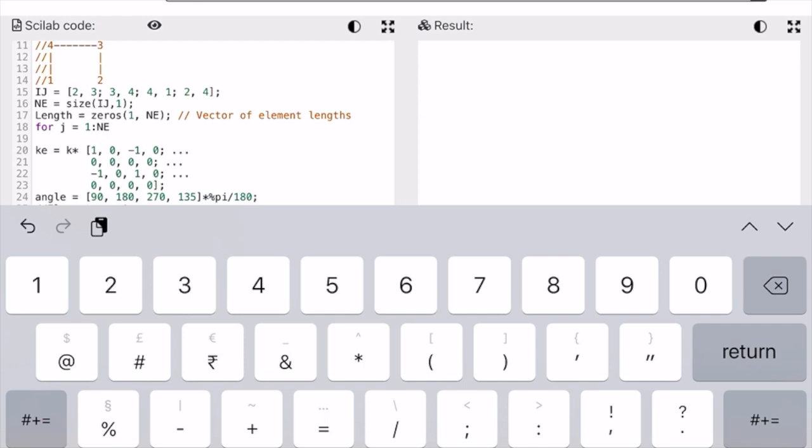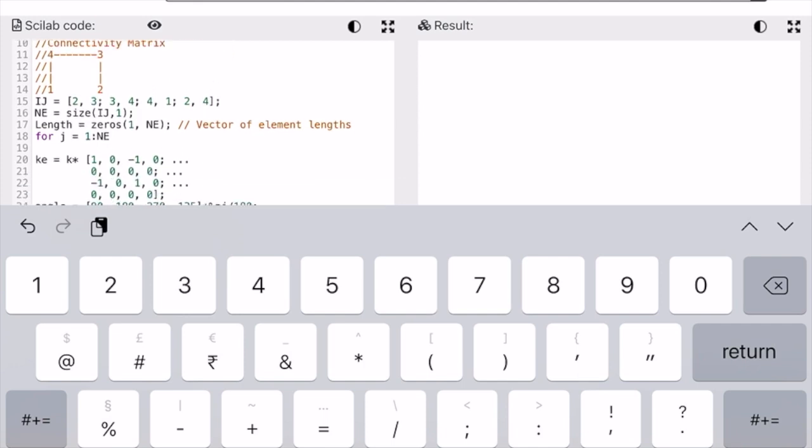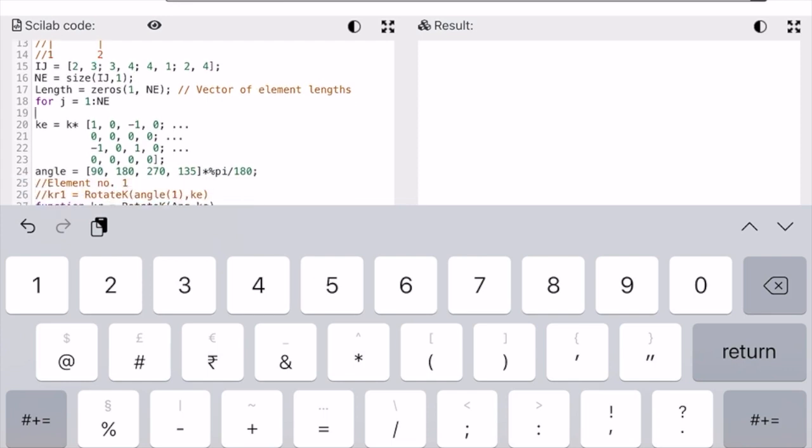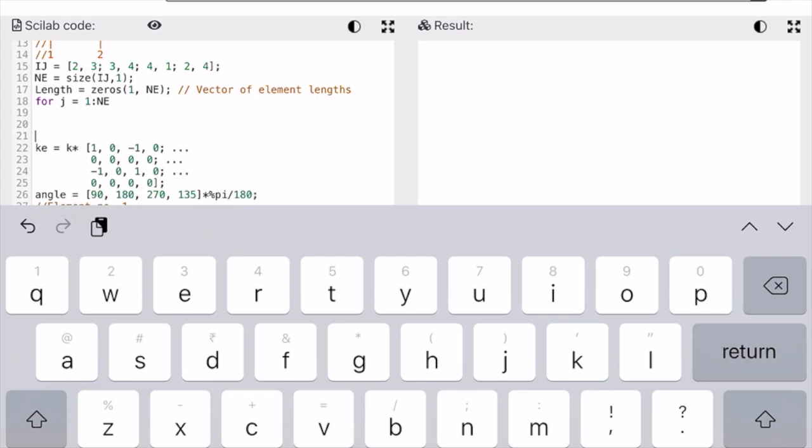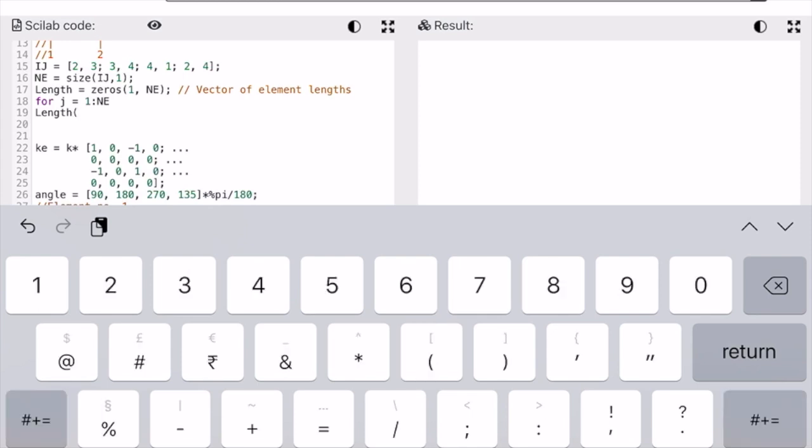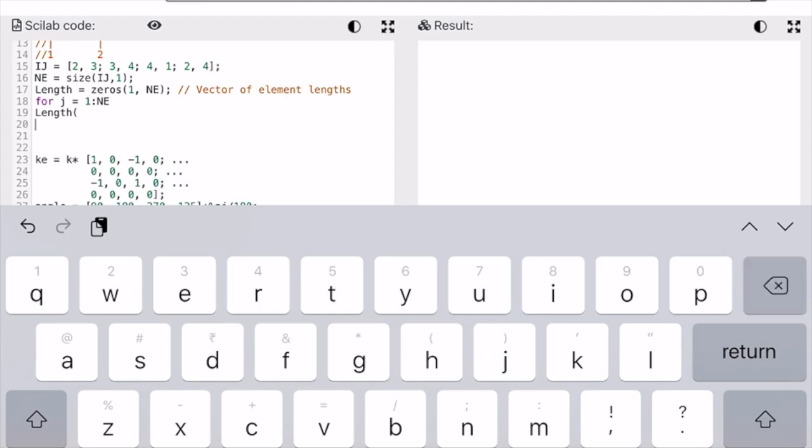So then number of elements we got. So length is equal to zeros of size 1 by NE, meaning each of the elements will have a length, and we can calculate length as, you can say, length, and then which one? jth length, length j is equal to